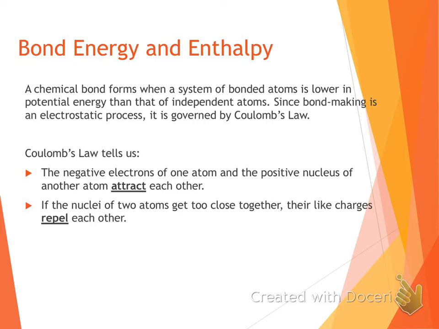Whenever we make bonds, it's an electrostatic process because we have an interaction between the two positive nuclei and the negatively charged electrons of the different atoms participating in that bond. Electrostatic processes are always governed by Coulomb's law. So we've seen Coulomb's law a few times in pre-AP and in AP as well. The force of attraction or repulsion in Coulomb's law is directly proportional to the magnitude of the charges. So our Q1 and Q2 would be our two charges, and it's inversely proportional to the radius or the distance